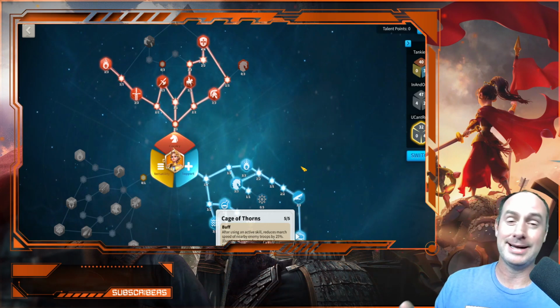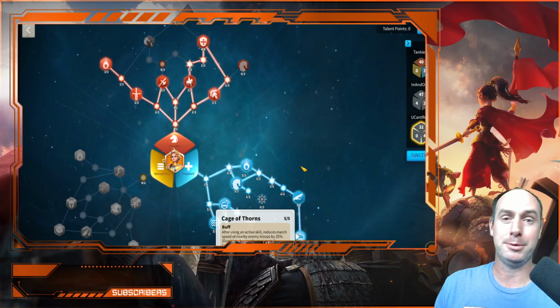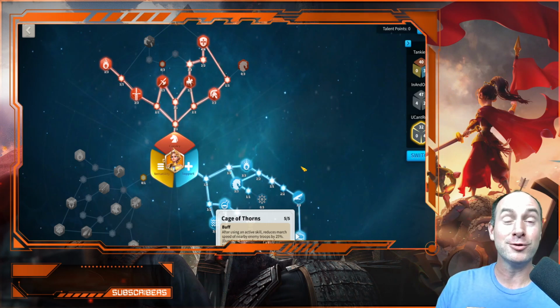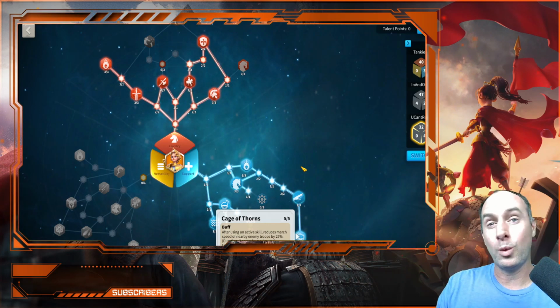Now, in those days, we were using Constantine, we were using Richard, we were using Saladin. So there was a lot of slow. I was even using Baibars. So there was a lot of slow in my marches. And it was amazing because enemy marches just couldn't get away. They were totally trapped. But Cage of Thorns is one of the reasons they would be so trapped, right? So after using an active skill, it reduces the speed of nearby enemy troops, up to 5 targets by 25%